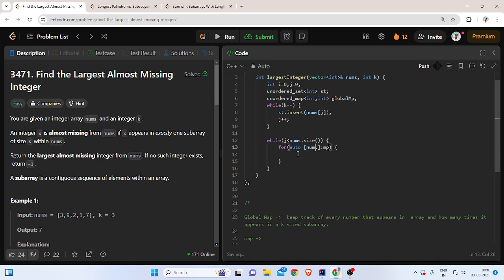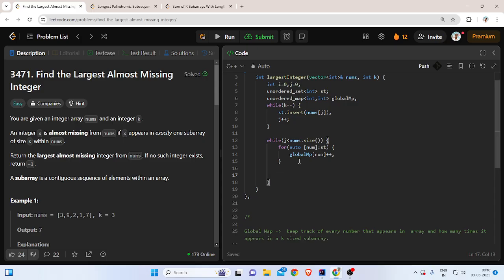at this point, let me get the set, and we are going to increment the global count or global map. That will be num. I'll increment it by 1 because it appeared only in this sub-array. So every time it appears in a k size sub-array, I'll increment it by 1. And now I'll increment i. So st dot, oh my bad,